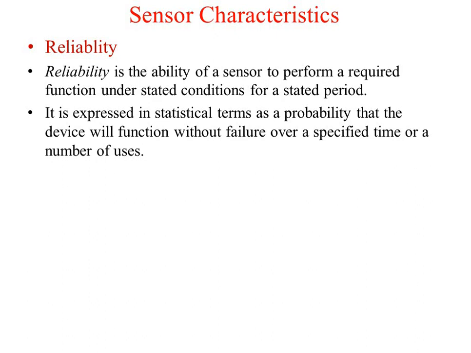That means when you pass the current continuously for 1000 hours, actually a number of samples are taken, and these samples are worked under different conditions, and a mean or average time is taken. Let us say one bulb works for 10 hours, another bulb works for 1000 hours, a third bulb works for 5000 hours, and so many samples are taken, and the average of that will be considered: under this specified condition, for so and so voltage and temperature, this bulb will work for 1000 hours.